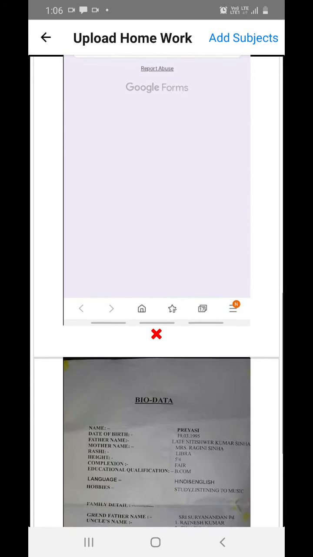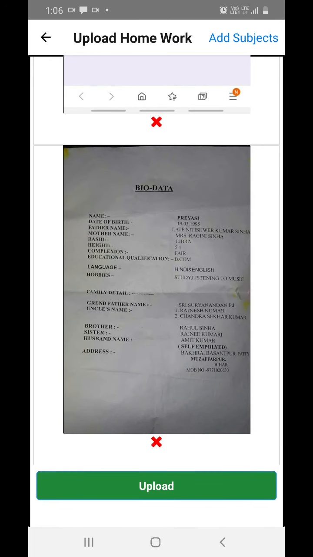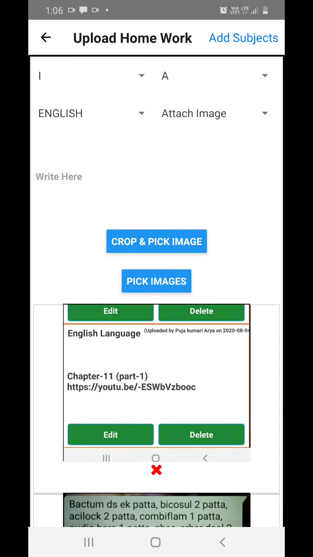So I can upload multiple images. If I wish, I will press upload, and this will be uploaded in class 1 homework for English.